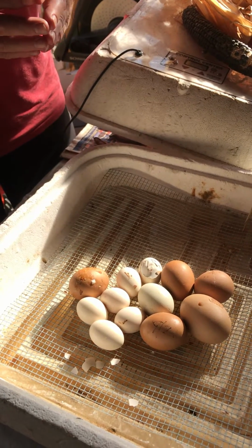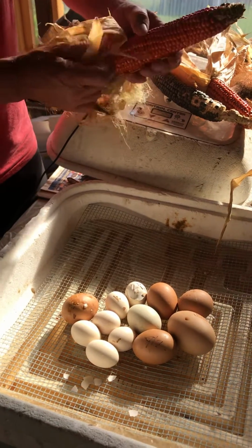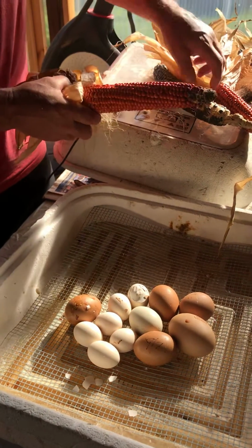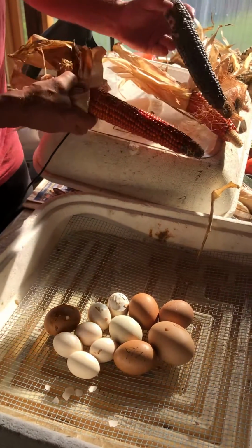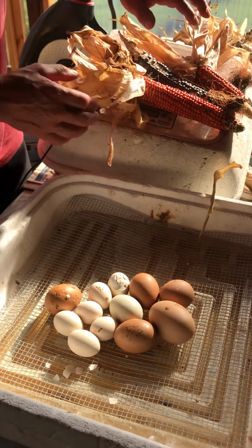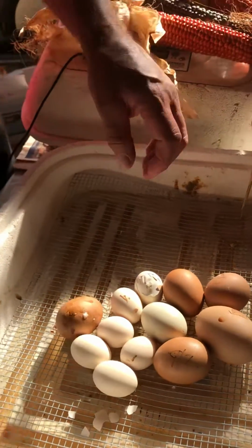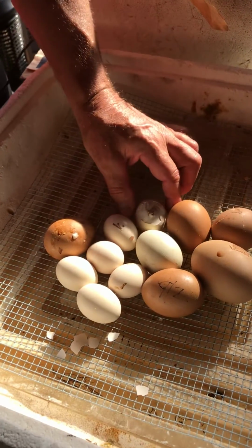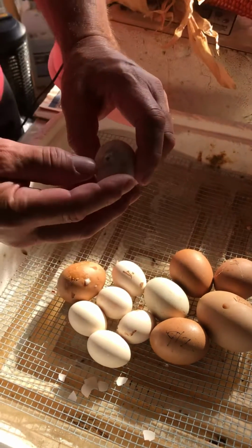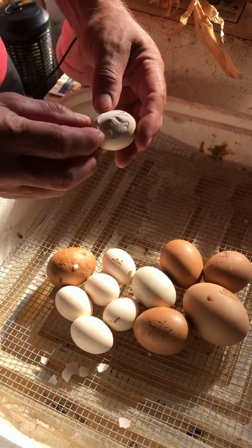Okay, so we came out to get some of the Hopi Indian corn and look at it. This is some of the sacred corn that I got from the Hopi Indian reservation. And when I was putting it out here, I ended up hearing this chirping. And I looked out, and there's one of these little Bantam chicks coming out. It was about 12:15 today, and